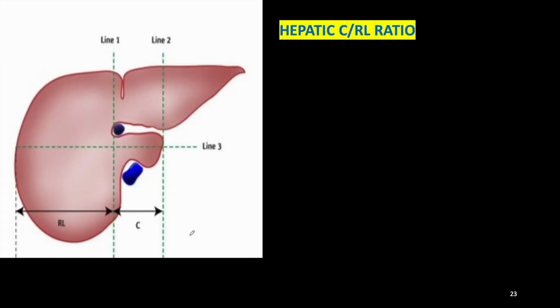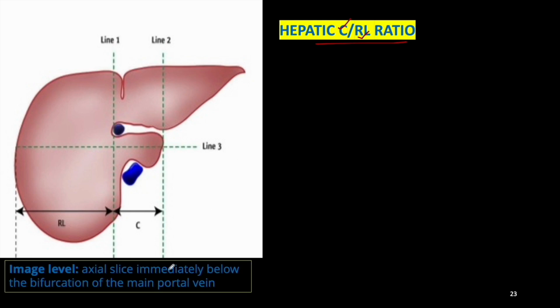For the diagnosis of liver cirrhosis, we can use the hepatic CRL ratio. CRL means caudate lobe to right lobe ratio. For measurement of the CRL ratio, we should take an axial image immediately below the bifurcation of the main portal vein. We should be able to capture this type of image showing the left liver lobe, right liver lobe and caudate lobe along with the portal vein and inferior vena cava. Once we obtain this image just below the bifurcation of the main portal vein,